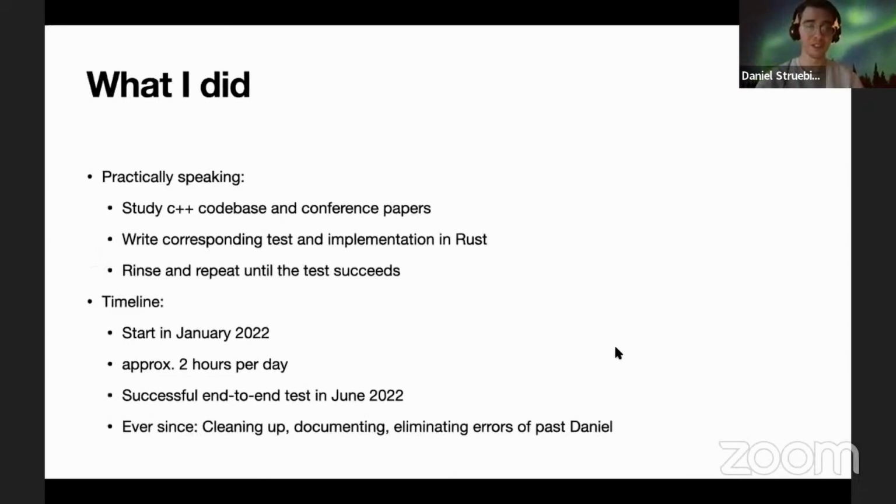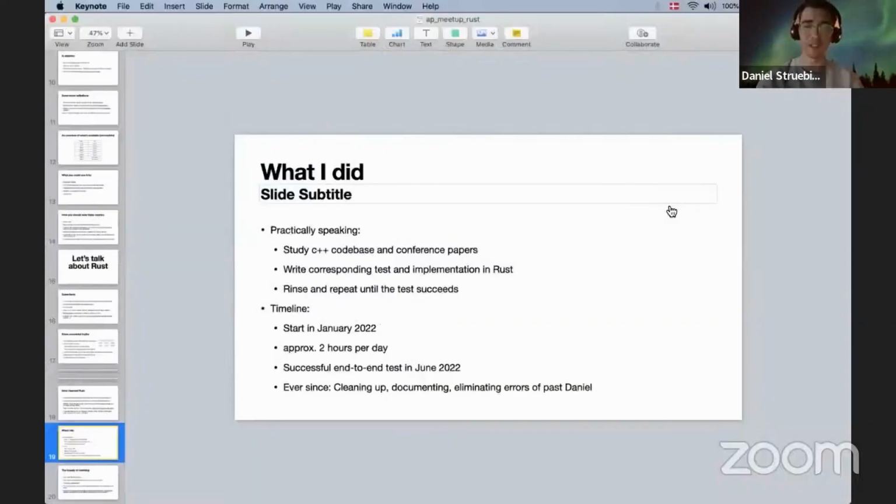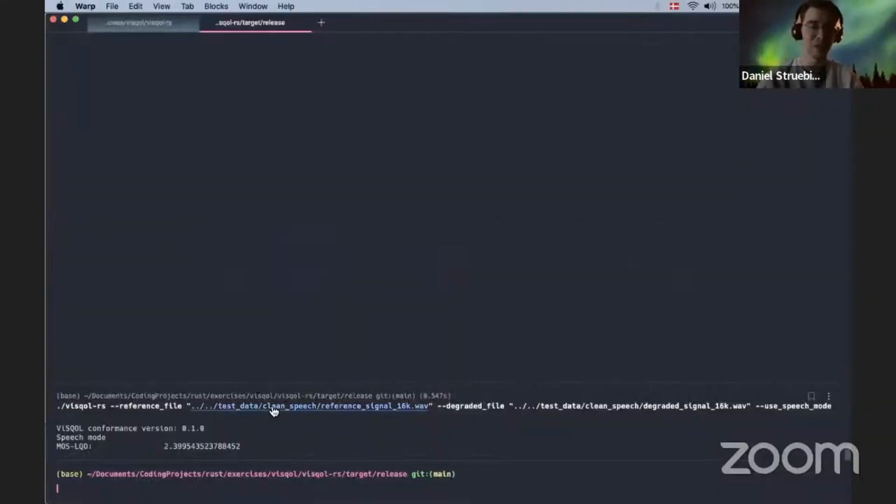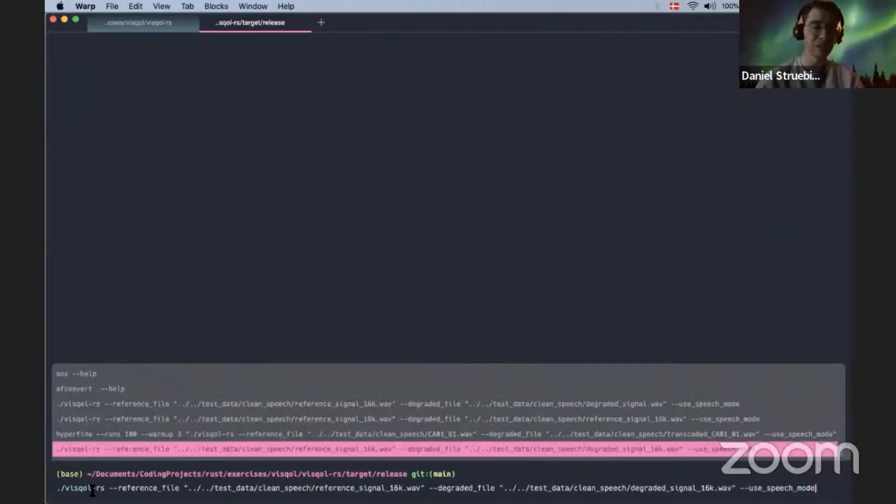So I've also basically demoed it earlier. I don't know if you can see this, but this is basically saying, okay, this is something I've done myself, and this is the Rust implementation of things. And it does the exact same thing as the other executable that was written in C++ years ago. And you might say that, oh well, that's not very innovative, Daniel. But